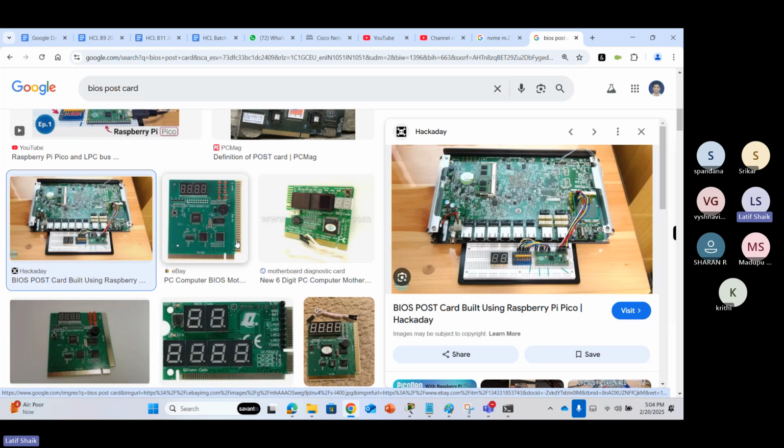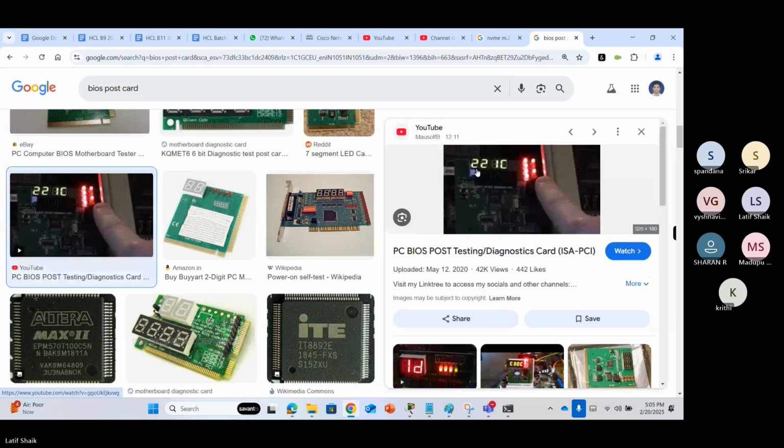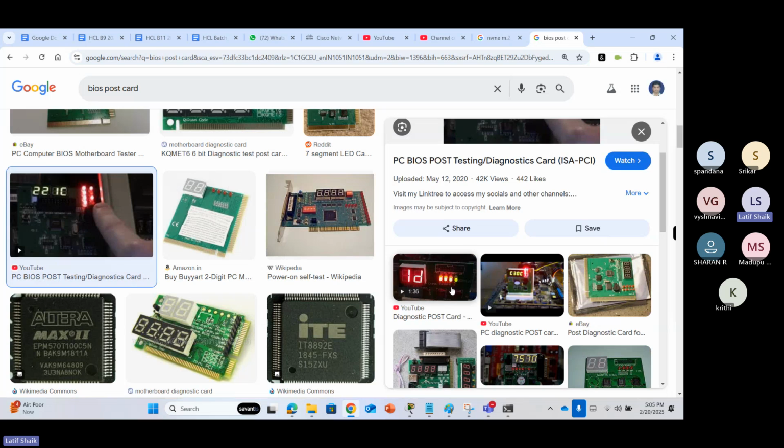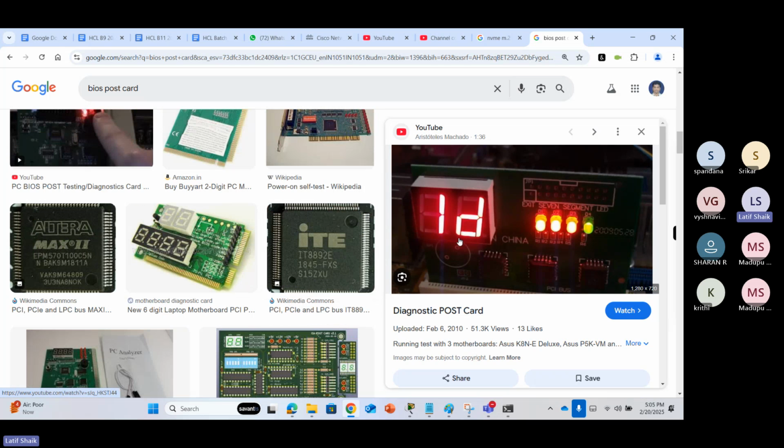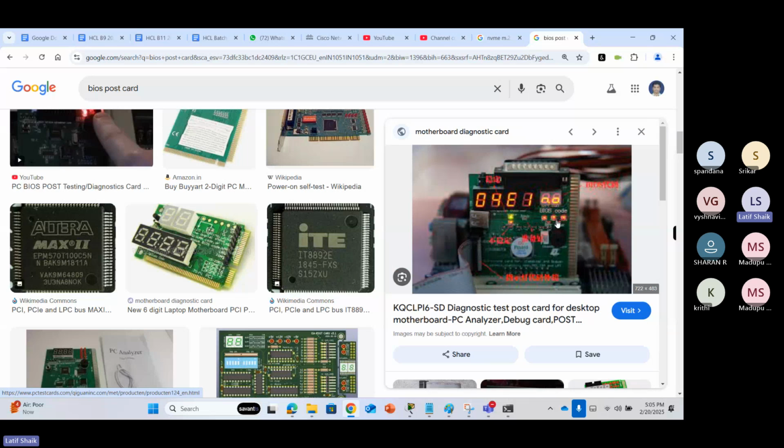So it shows some indications like this. It shows this type of LEDs, LED blinking, some numbers, some letters, certain types of LEDs. These things represent a certain issue. Based on this, there is a document. So if you are getting this kind of error number,